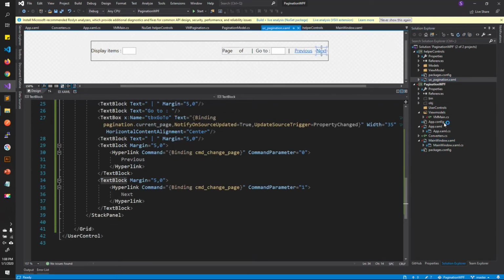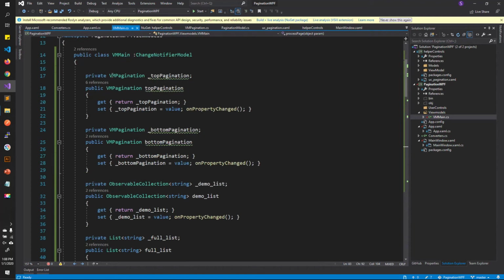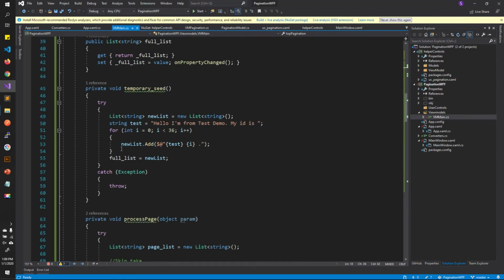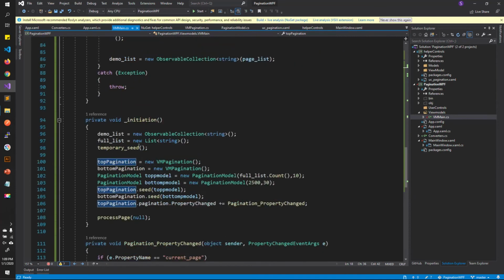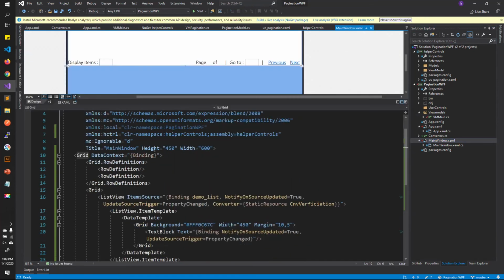All you have to do is, after you create all this and set the view model and everything, in your actual work you are just calling that pagination view model, which is from this helper controls. The demo list, full list, seeding, everything is part of your job, part of how you define your work. The only thing is, once you are ready with your pagination model, all you have to do is just put